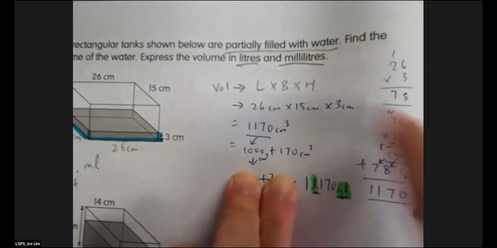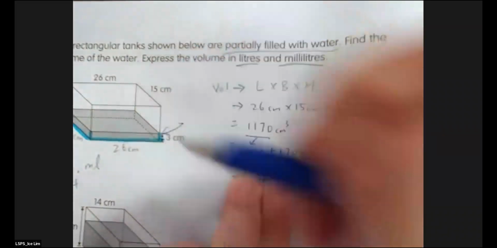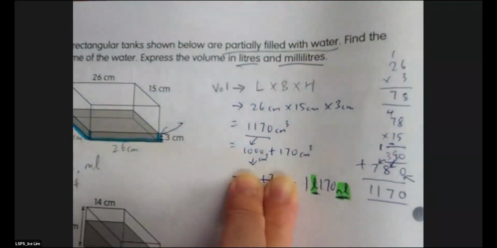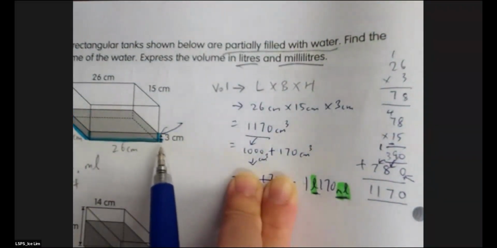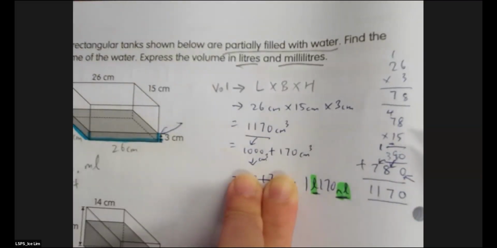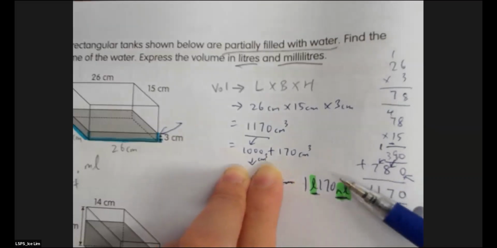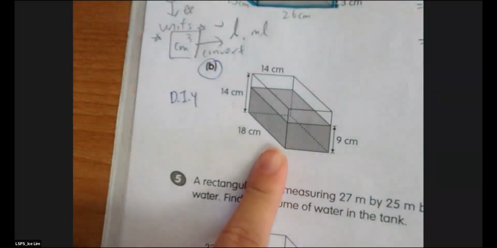Okay, so this whole process, the only challenging part is number one, recognizing that you are talking about the height of the water, not the height of the tank. So the height of the water is 3. Then multiplying. For some of us, your multiplication is a bit challenging. You really need to practice the times table and long multiplication. The last part is the conversion. Okay, with that said, you can do this on your own, DIY, because it's not that difficult.